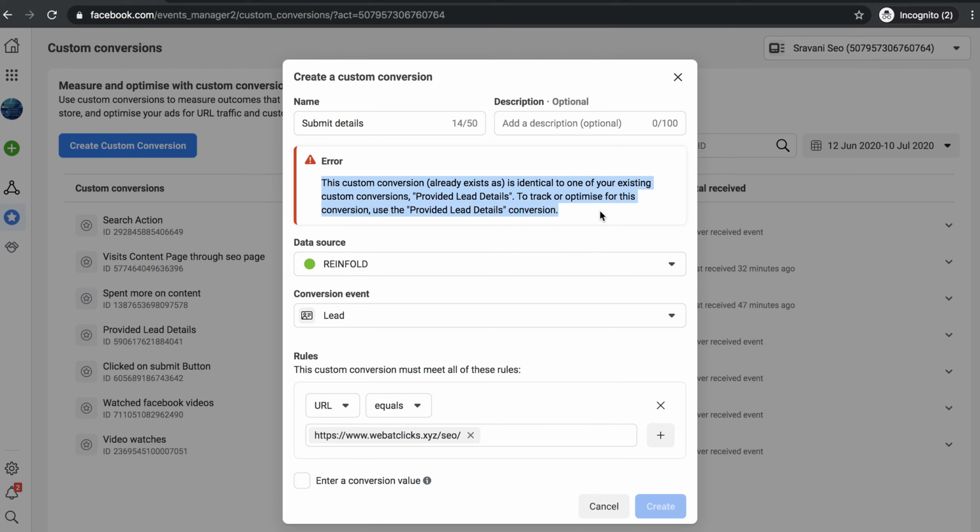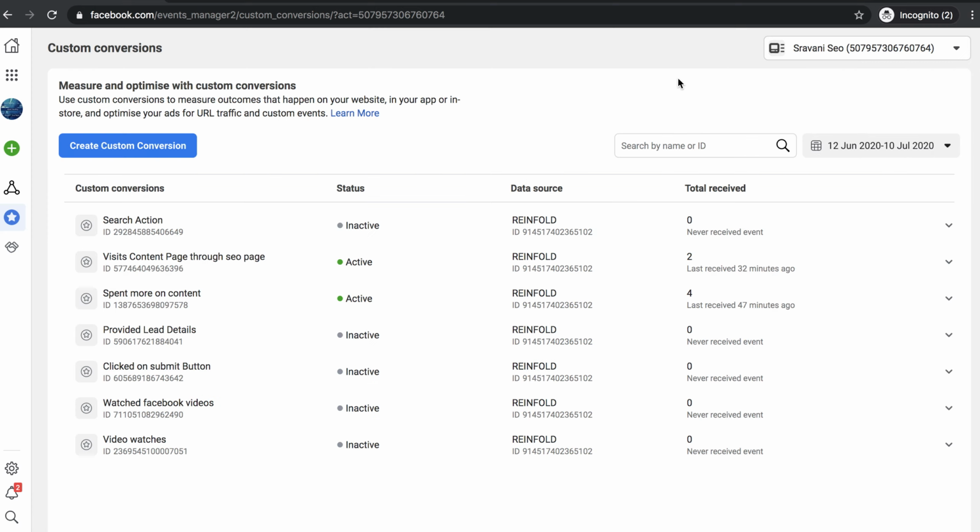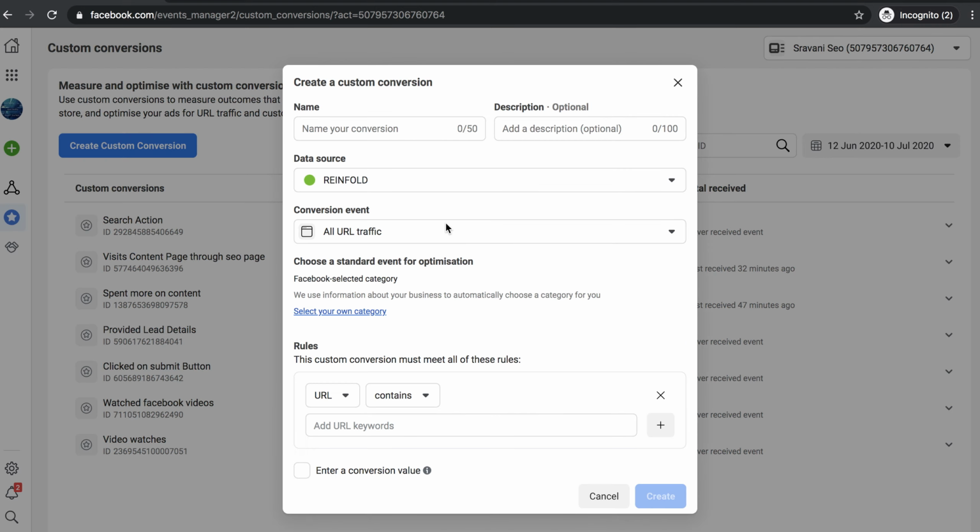It is showing error because I have already created the same custom conversion. So you are not able to create the repeated actions itself. You can create another one also.